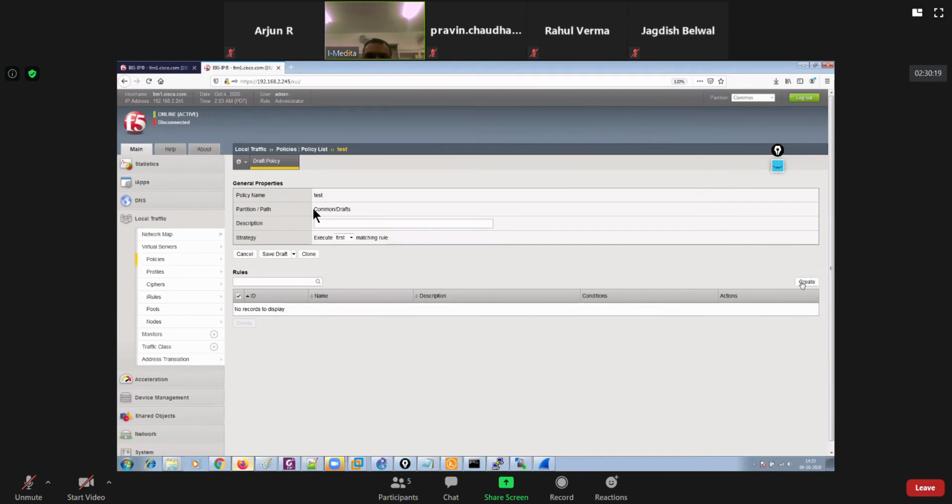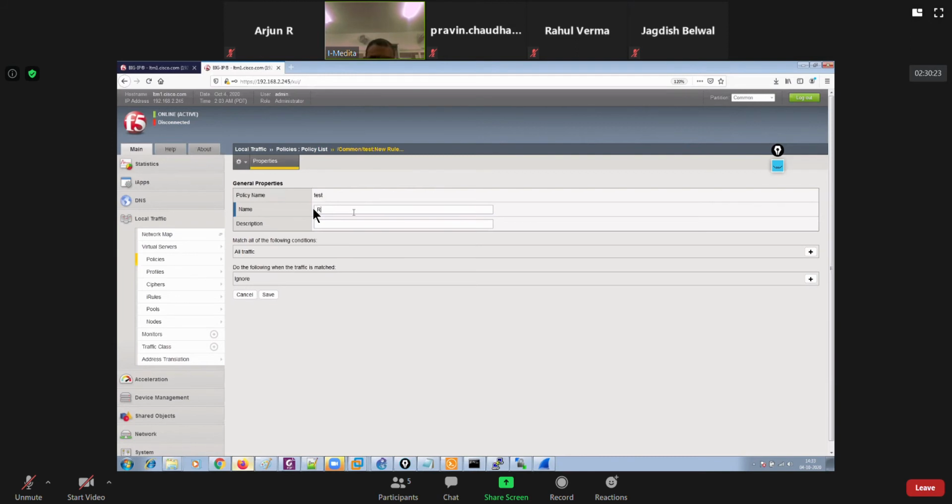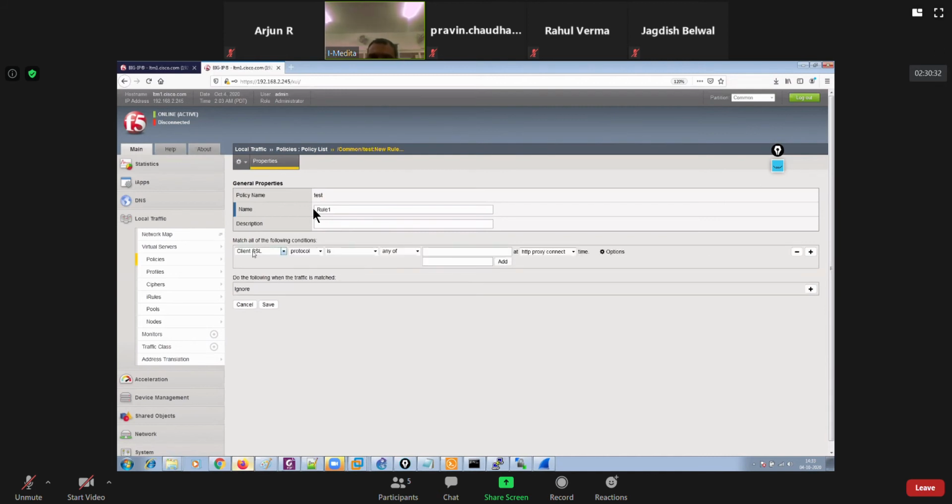So rules, create, name, rule 1, like this, and then you could say match all of the following conditions, like all traffic or what? Client SSL, HTTP header, HTTP user agent, browser type is, or ends with, contains, any of, in a data group.